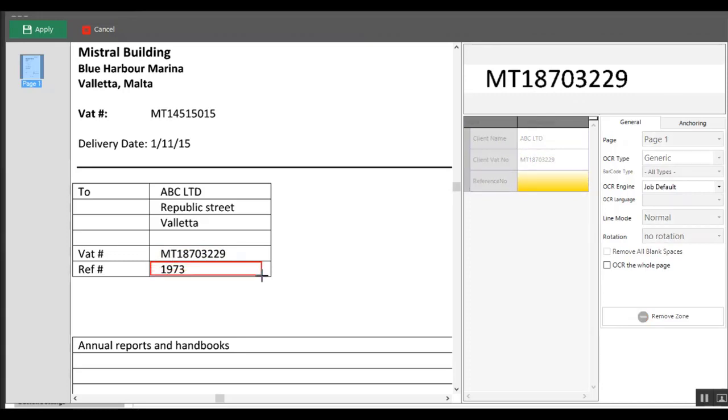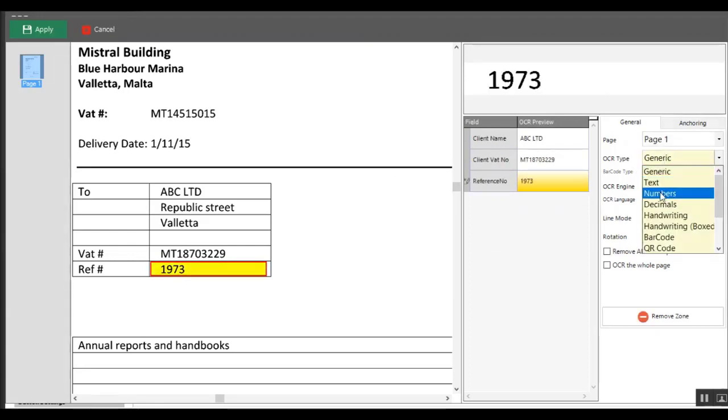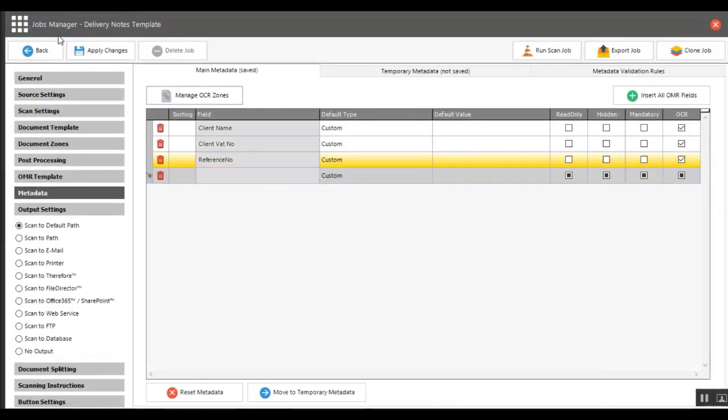And I then highlight reference number. Now in this case, reference number is actually a number. It's not generic, so I can change the OCR type to numbers, and that will just help the OCR to know exactly what it's looking for in each particular place. I apply, and I can now